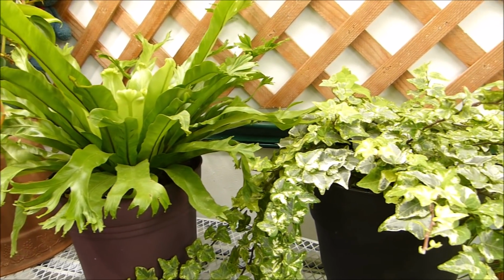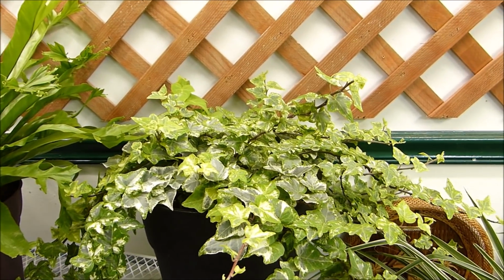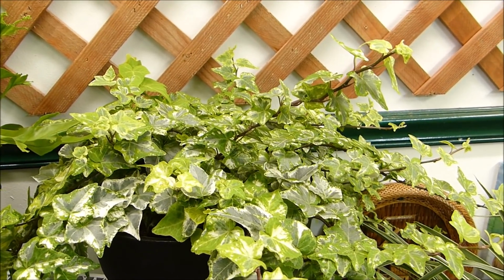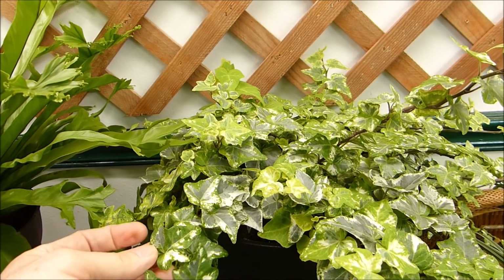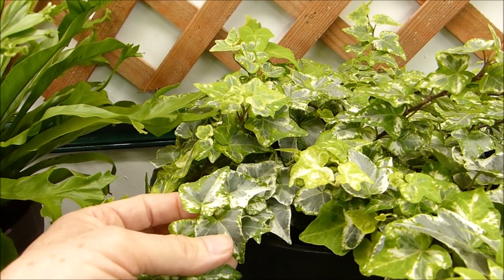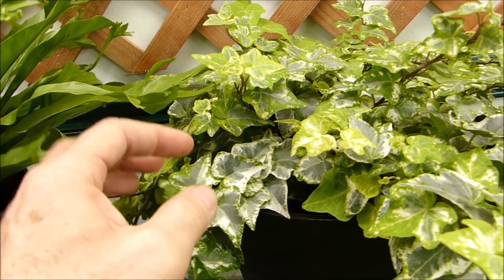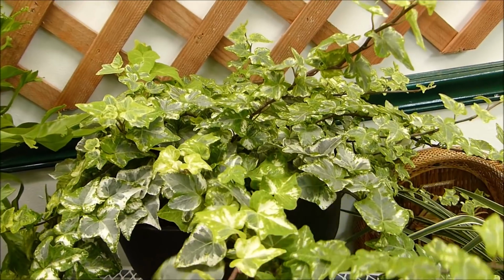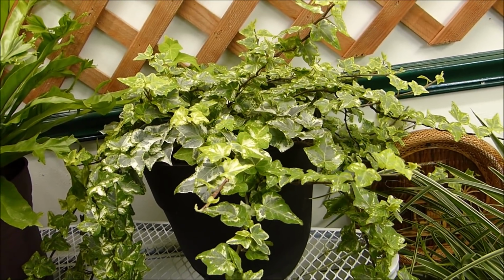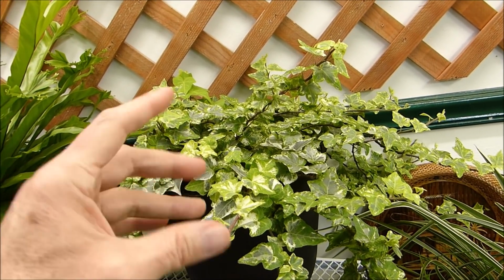And right over here, this one would be a common English ivy, but no, nothing's common in here. This is a variegated English ivy, and that just means that it has a variety of colors. White, green, light green, and look, up close, even some gray. Yeah, it has 3 colors, and it's growing beautifully. It was a real teeny tiny plant. It decided to vine and grow out after I transplanted it. It's doing really good. This was one of those ones that only cost a couple dollars in the hospital section